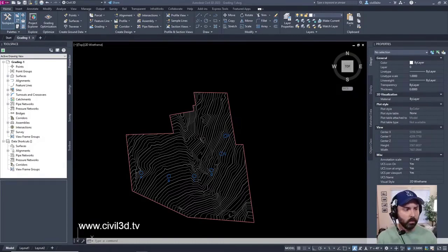We are going to be reviewing grading settings tonight. I know that's exciting stuff. I know just before the weekend, that's the first thing you think of when you're looking to get into the weekend. But tonight we're just going to spend roughly about an hour in order to refresh our skills and at least refresh my memory on certain aspects of Civil 3D.